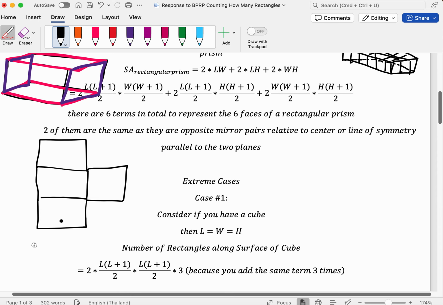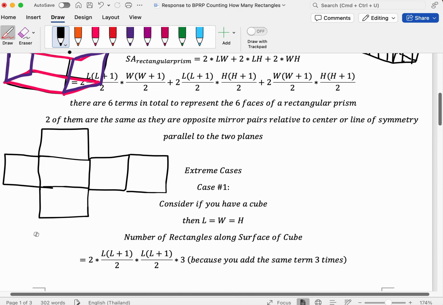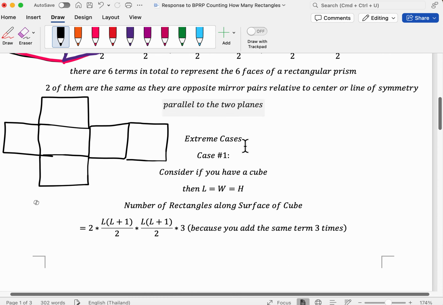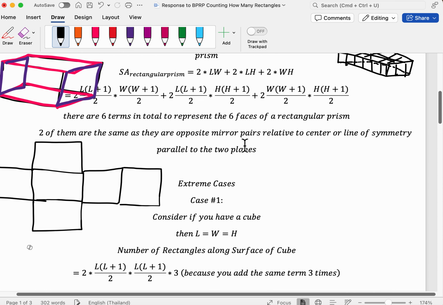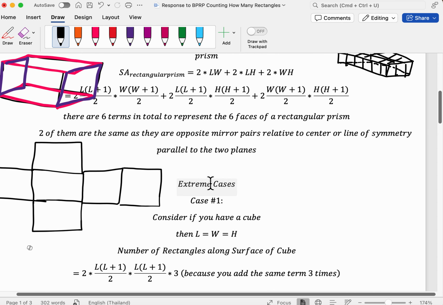One, two, three, 1, 2, 3, 4, 5, and one more, 6. This one covers the top of the grid. If you fold everything up, that will be the 6th particular face. So you'll basically do almost the same result